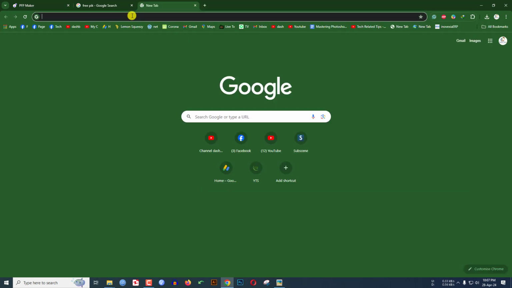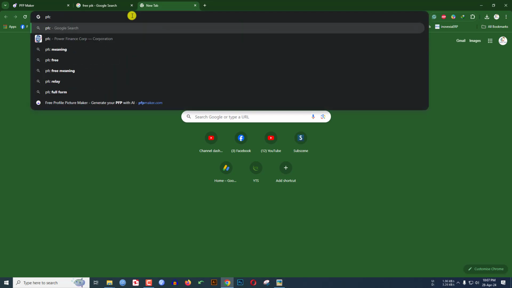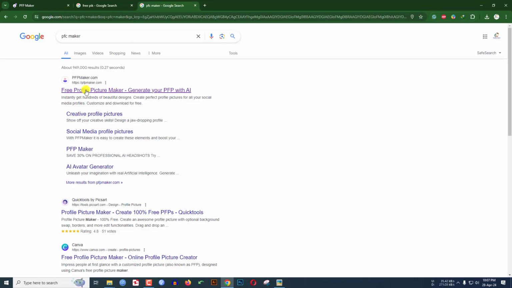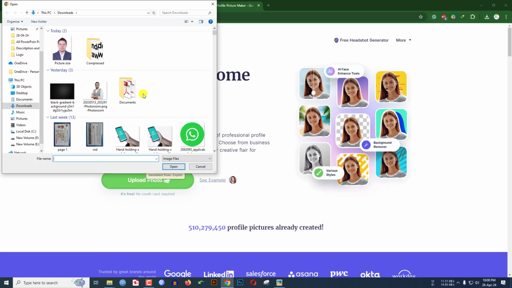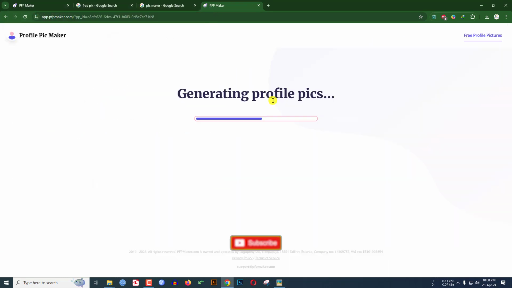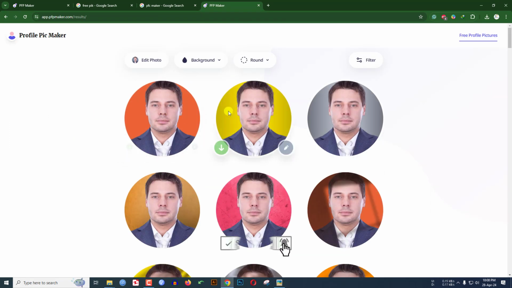To make the profile picture, just go to any browser and write here PFP Maker, and here you will find a website, PFP Maker. Just click on it and you will find an option that is upload photo. Click on it. Let me select the photo from my computer. Click on open. It will generate your profile picture, and here you will see this is not actually looking perfect,